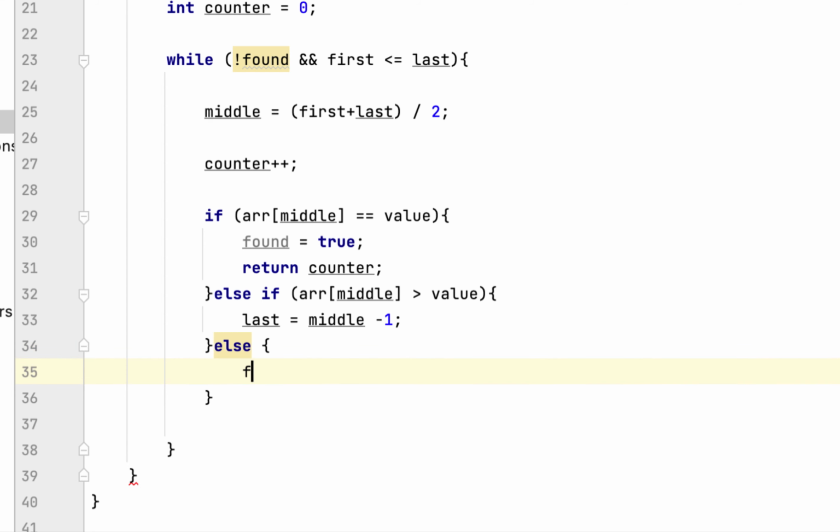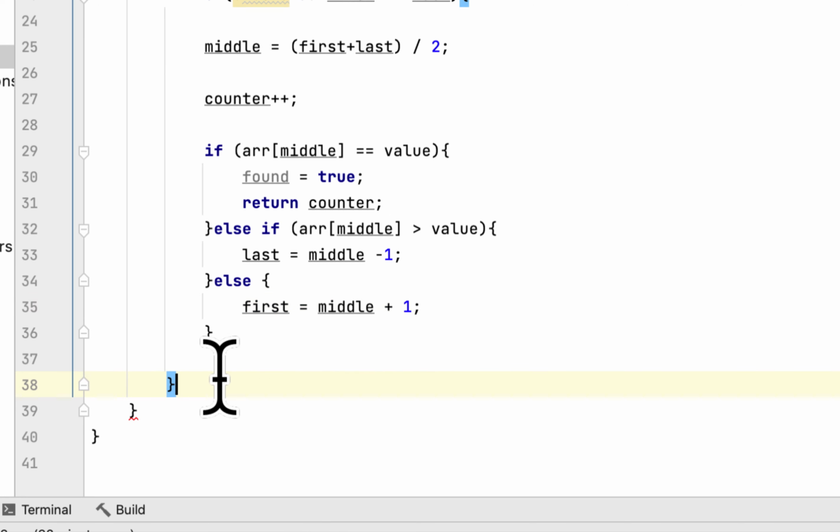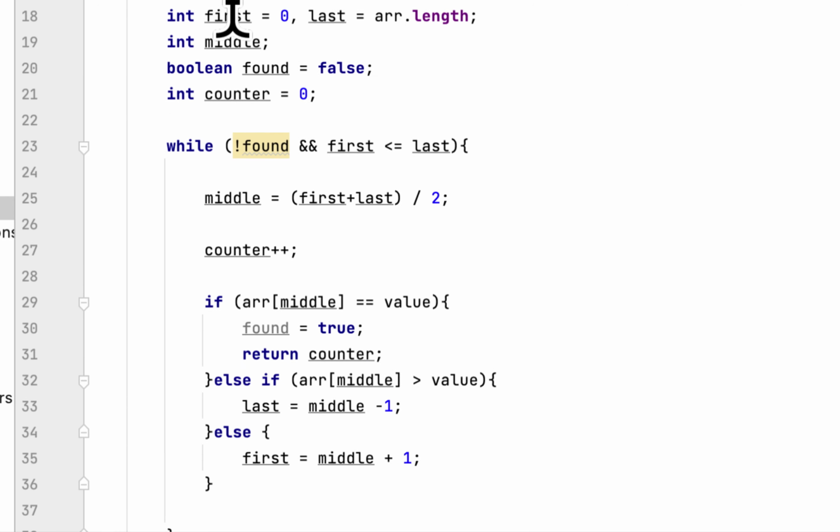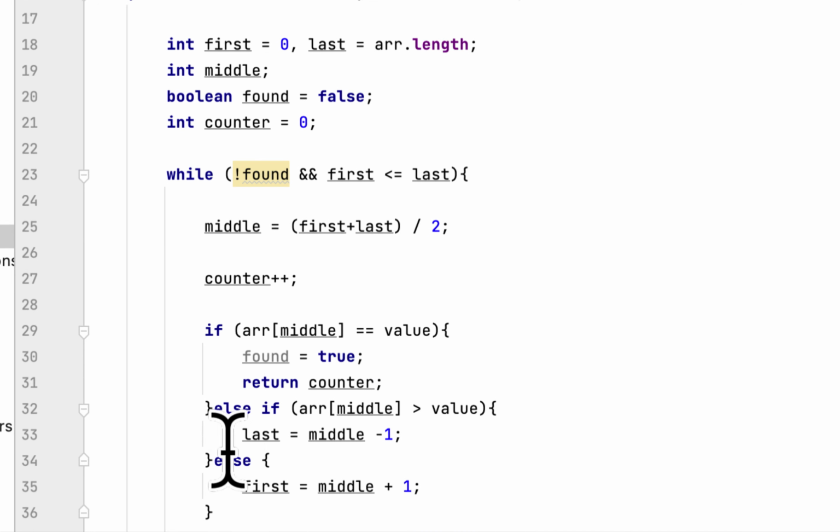Else we will say first equal middle plus 1, and then return counter. Basically, we continue searching until we find the number that we are looking for,